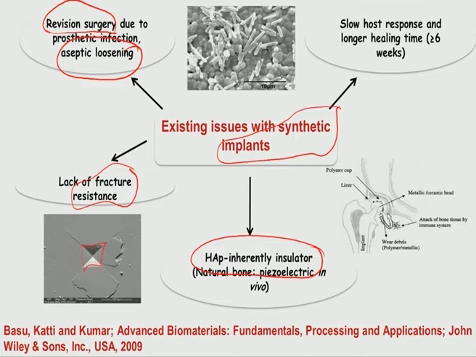Vickers indent. You can make an indent on a material substrate, and the moment you try to make an indent, then from the indent corners extensive cracking takes place. Now, you can find out what is the length of this crack. Let us say crack length is C. So, larger the crack length, more it reflects on the poor fracture resistance property of that material.